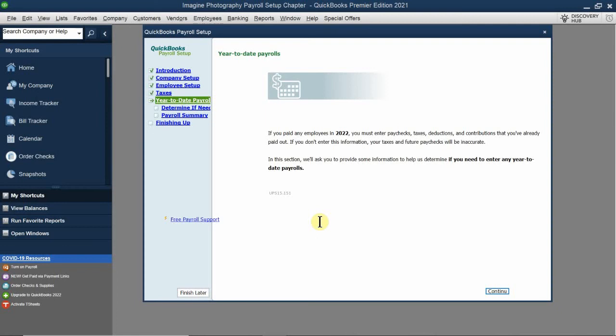And I haven't been using QuickBooks until now, right? But my company already started, and it's already paid its employees since the beginning of the year. What you're going to do with that information is, again, get a trial balance or some kind of